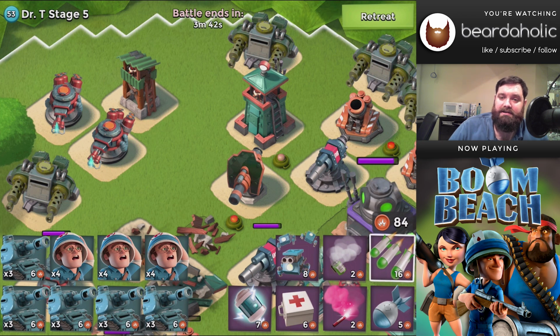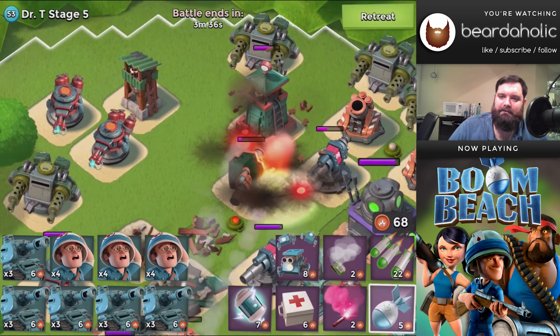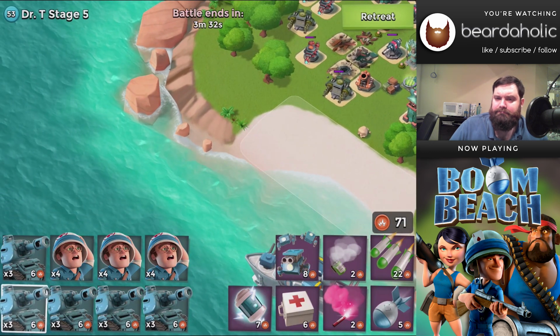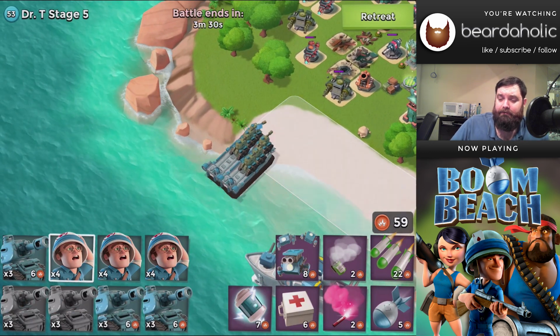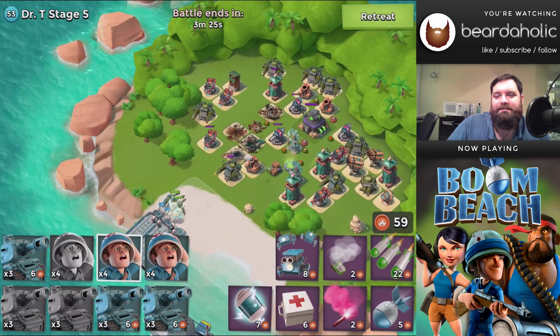Like, RNGesus is on my side. I don't know what I did, but the random dice are with me. Maybe I used the Force. No, no Force. Too weak-minded. Alright, so